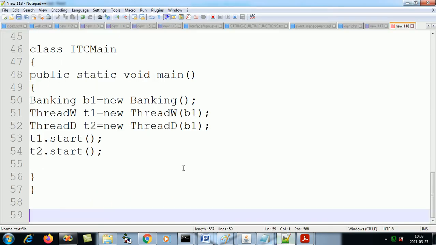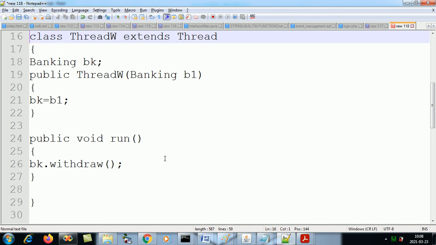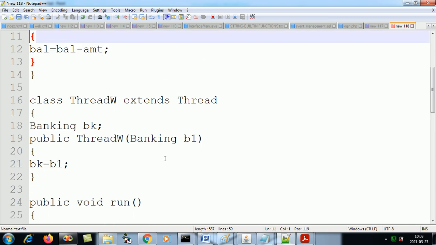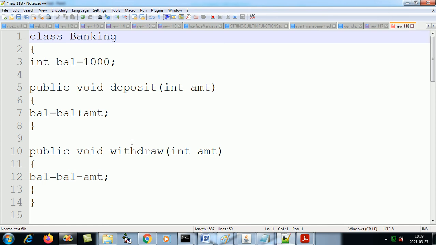So over here, once we have started both, how much money does he want to withdraw? The person wants to withdraw 10,000, right?